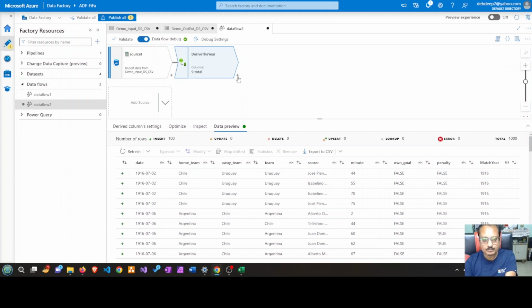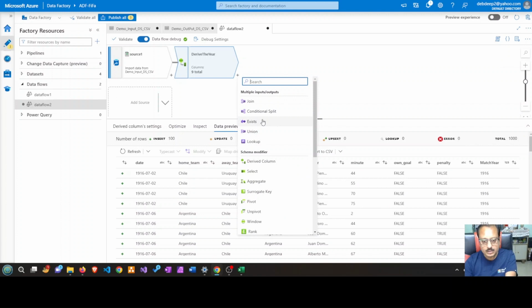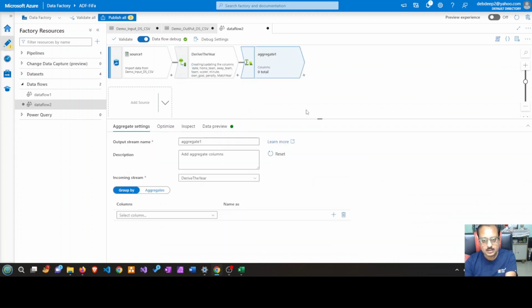Now we can perform a similar activity on the fly. Once you click it, you will see after derived column there is a select, there is a modifier called aggregate. Once you click it, you will be landing over here. Now you see by default it's zero columns. Of course it will have zero columns because we have not performed any kind of aggregation, so the resulting set will be zero. We have to do some